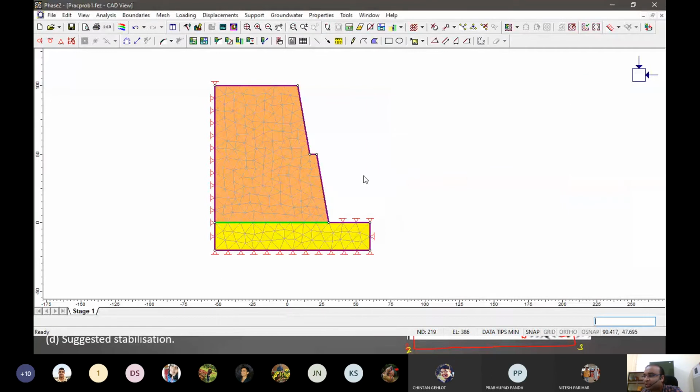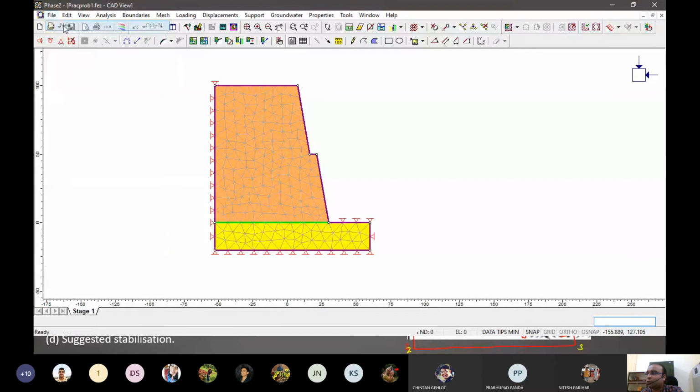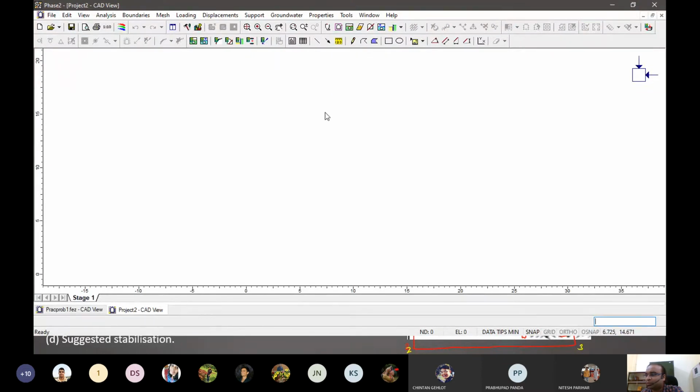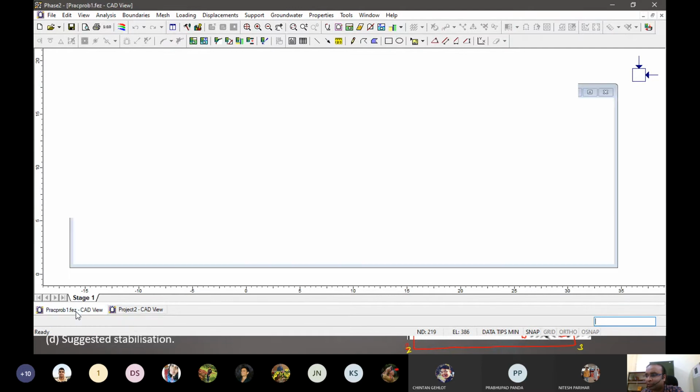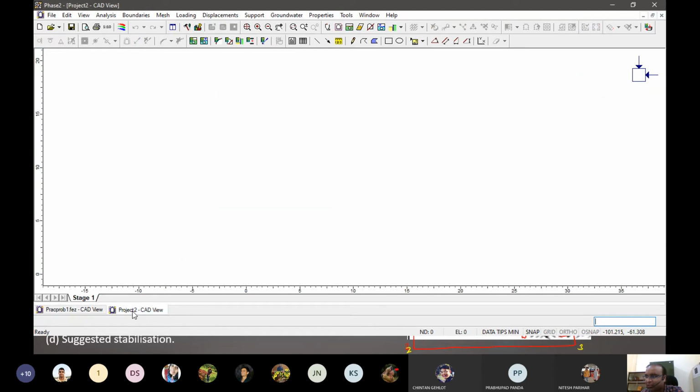Let's minimize that, and because we have to do some more work, let's do that part first. So in new, what we want to do is something like a similar analysis that we did for our RE wall, and for that, let's make a 100 by 100 or maybe 120 by 120 external boundary.